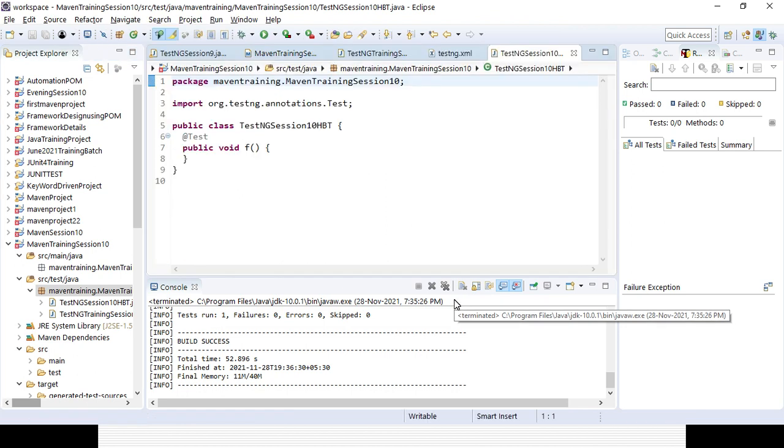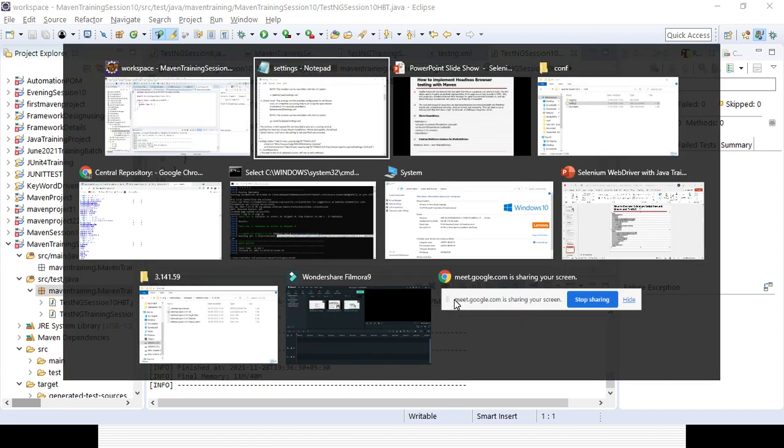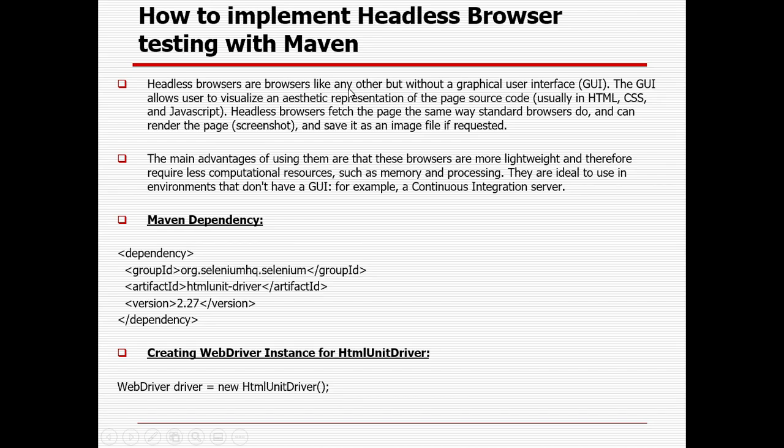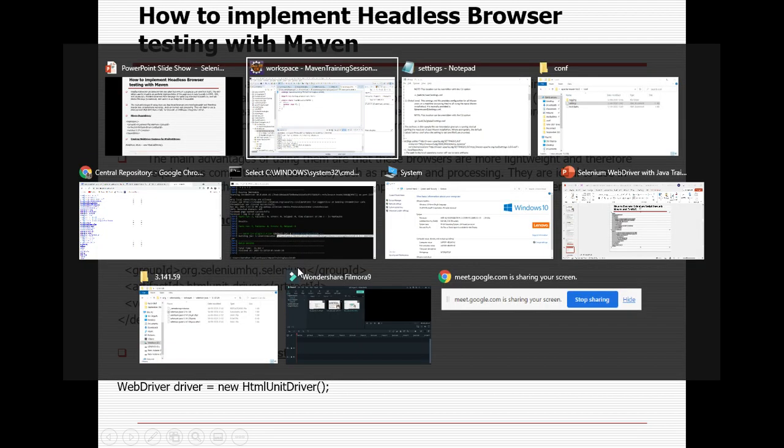So here you need to add the dependency for the headless browser. Headless browsers are useful in case your OS or system does not have that browser set up; you can go with that without any browser. You will not be able to see the GUI part or the execution part, but definitely your execution will happen. Everything can be derived. So you need to add the dependency for the headless browser also. The HtmlUnit browser dependency you can add from